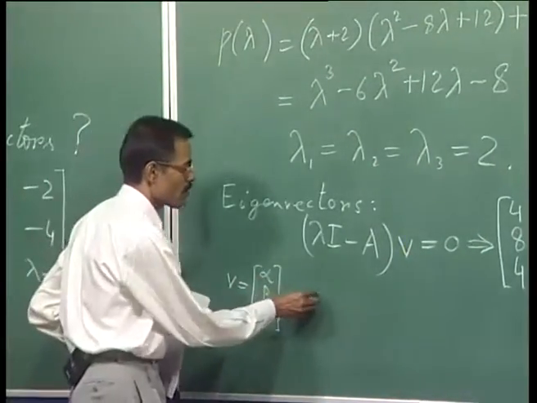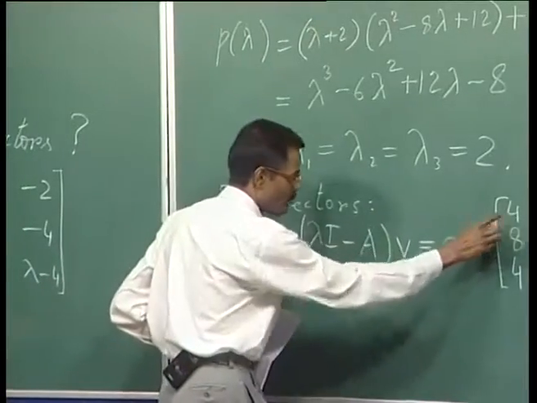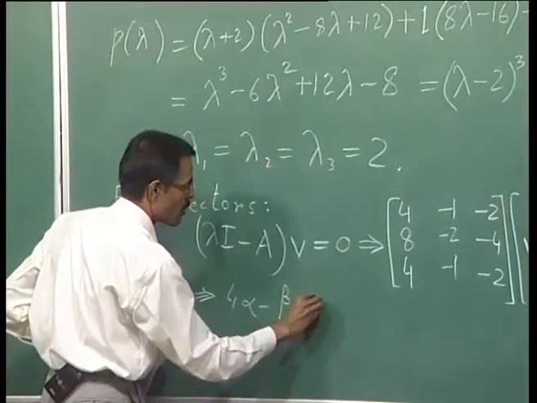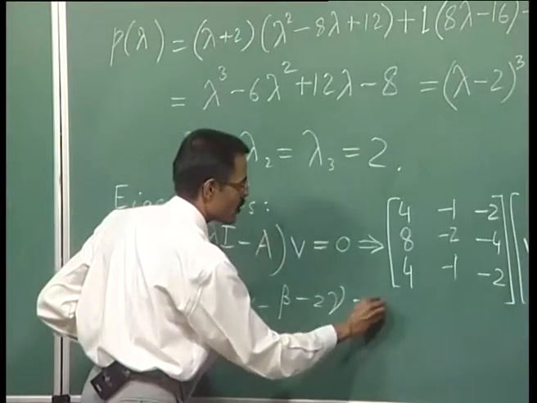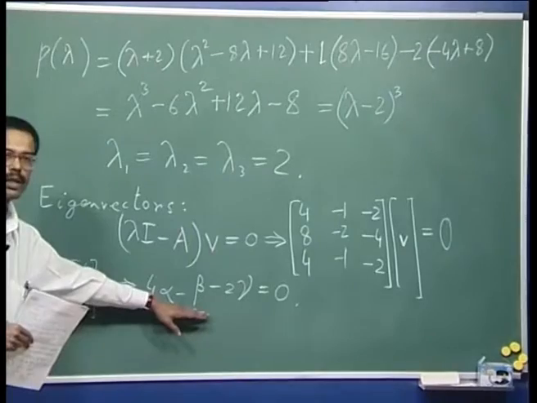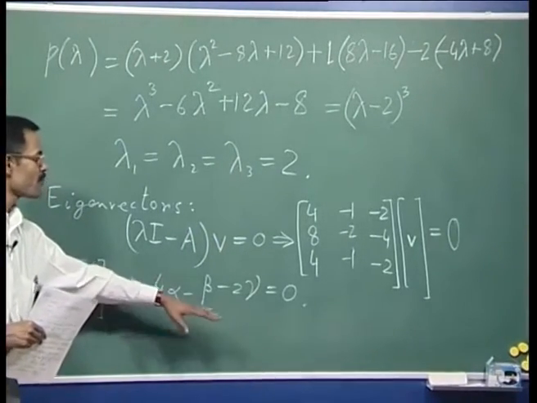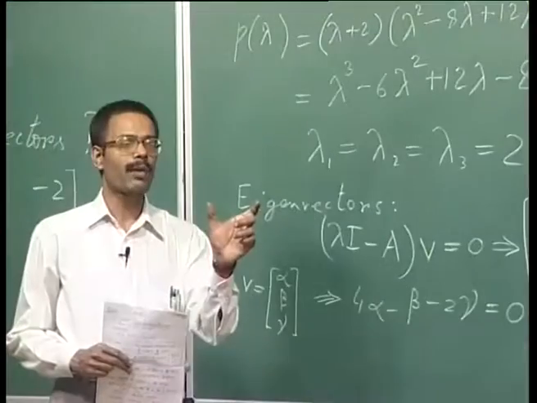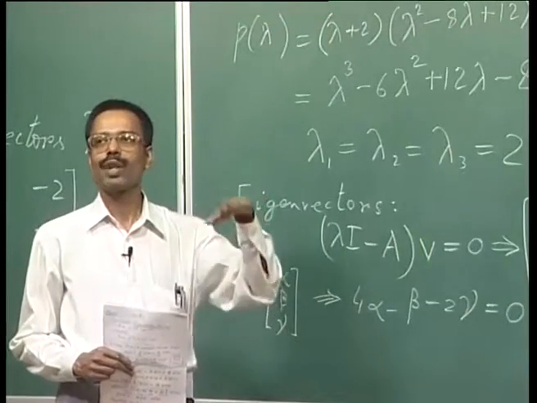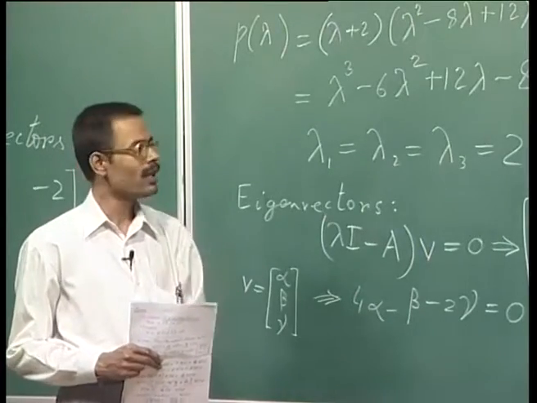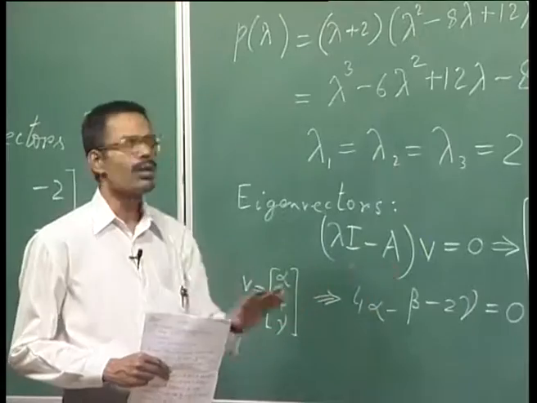then that equation will mean 4 alpha minus beta minus 2 gamma equal to 0. Now, what alpha beta gamma will satisfy this? Any set of alpha beta gamma that satisfies this is an eigenvector. Now, we will say that the scale has no importance for an eigenvector. That is, if you have decided alpha beta gamma as some values, then making them twice or thrice or halving them will have no difference. That will not be reckoned as a different eigenvector. So, one of these three we can set.